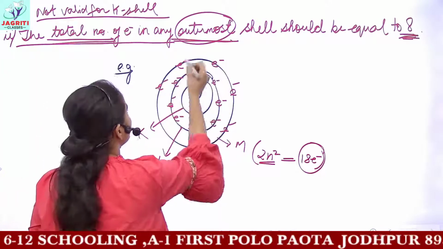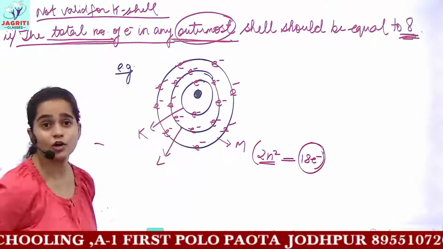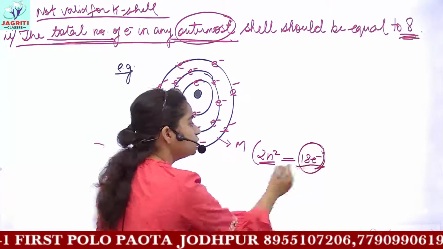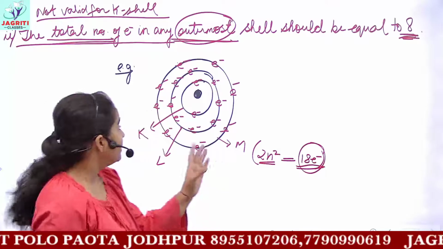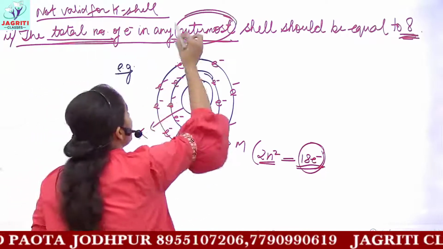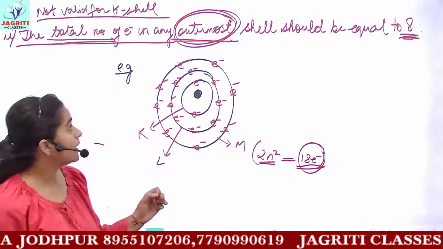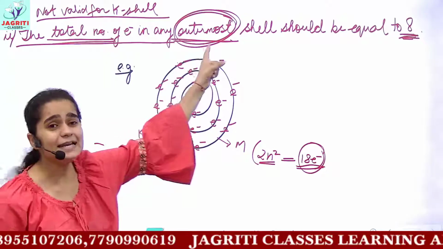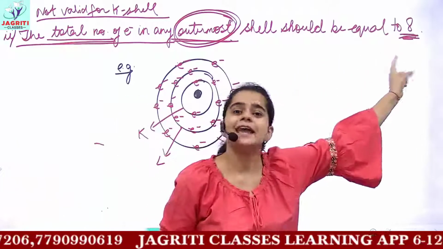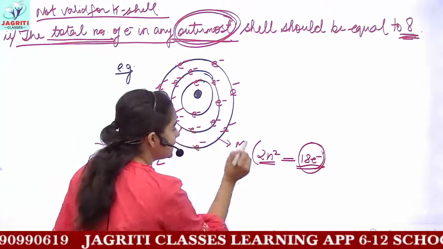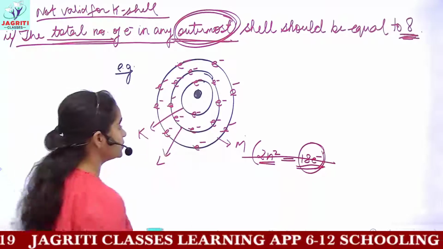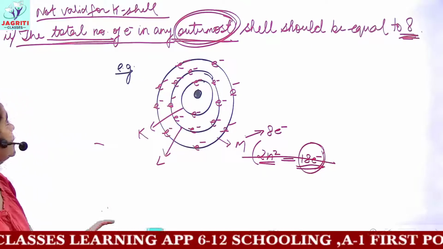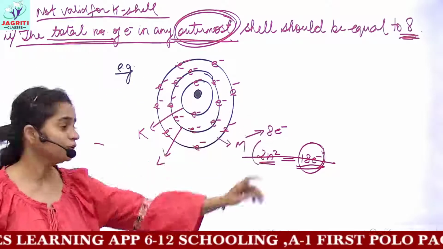It's 1, 2, 3, 4, 5, 6, and we have 2 more electrons. So this is the second rule. In M shell, according to the first rule, 18 electrons could come. But if M shell is behaving as the outermost shell, and any outermost shell except the K shell can only contain 8 electrons. So in this case, this M shell will not contain 18 electrons. Therefore, it would contain only 8 electrons in it. Okay? So this is the explanation of the second rule.